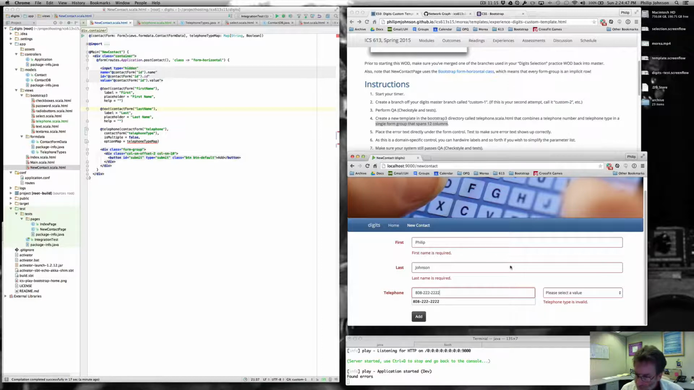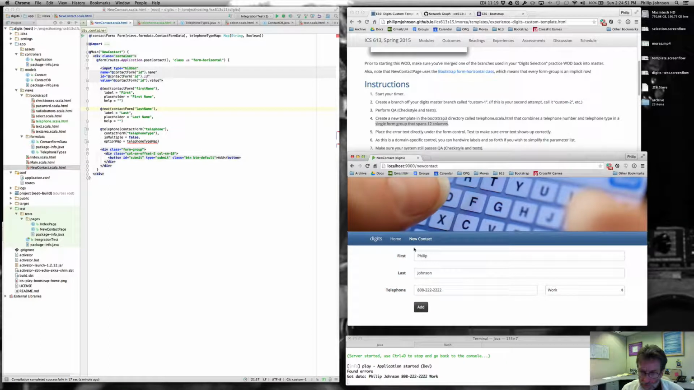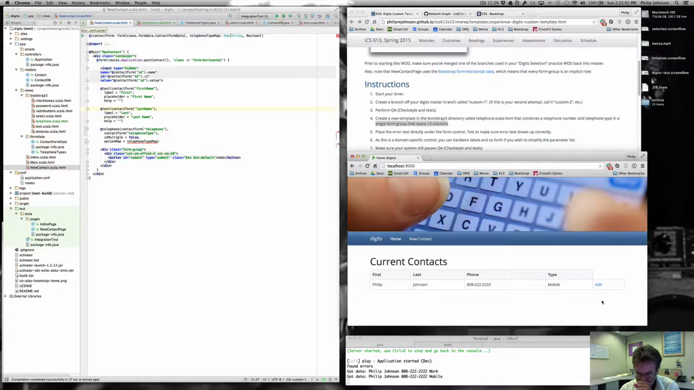808.222.2222. Let's select a value, work, press add, go to home. There it all is. Let's do an edit, change to mobile, add. And it's not surprising that all this works fine. Let's